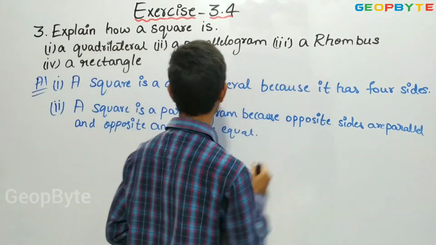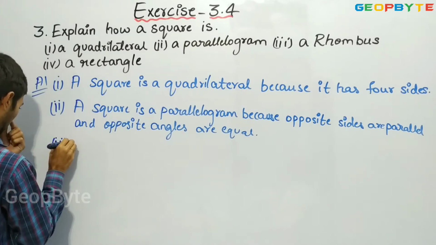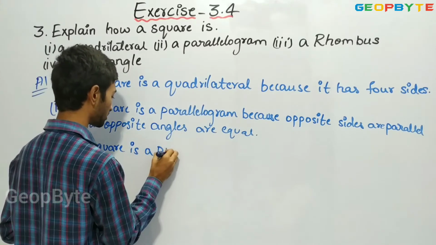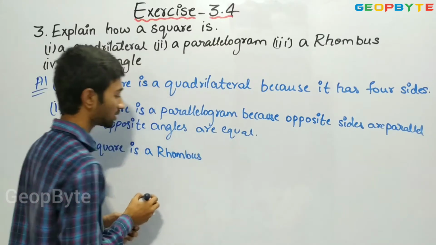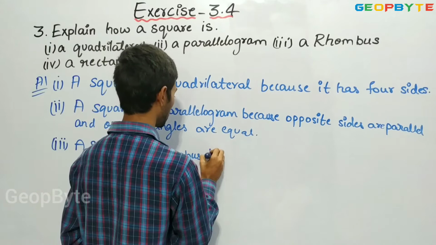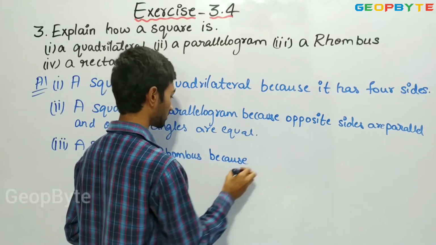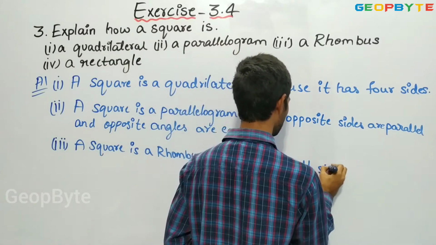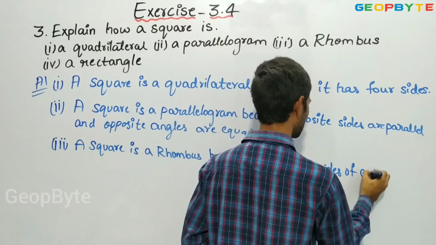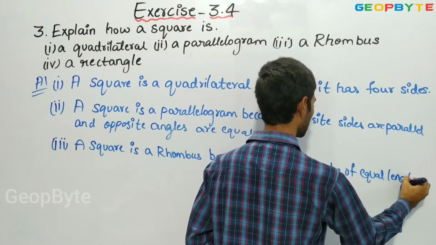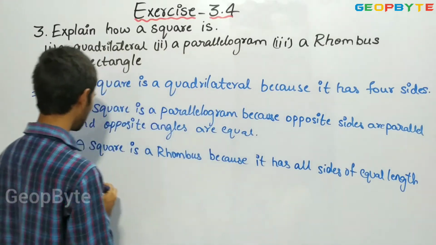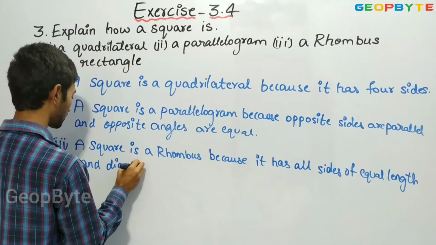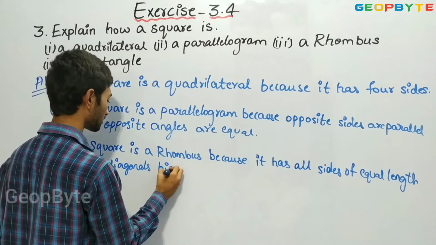Third one, a rhombus. A square is a rhombus because it has all sides of equal length and diagonals bisect